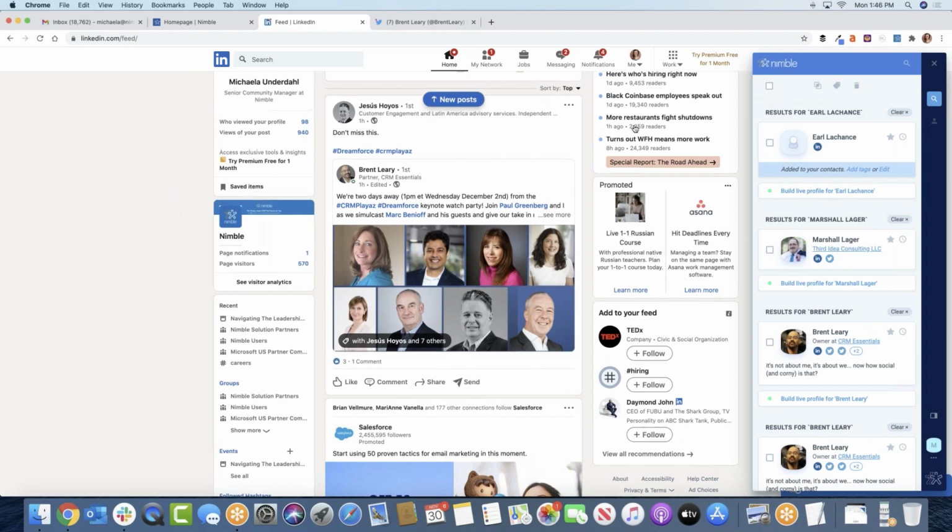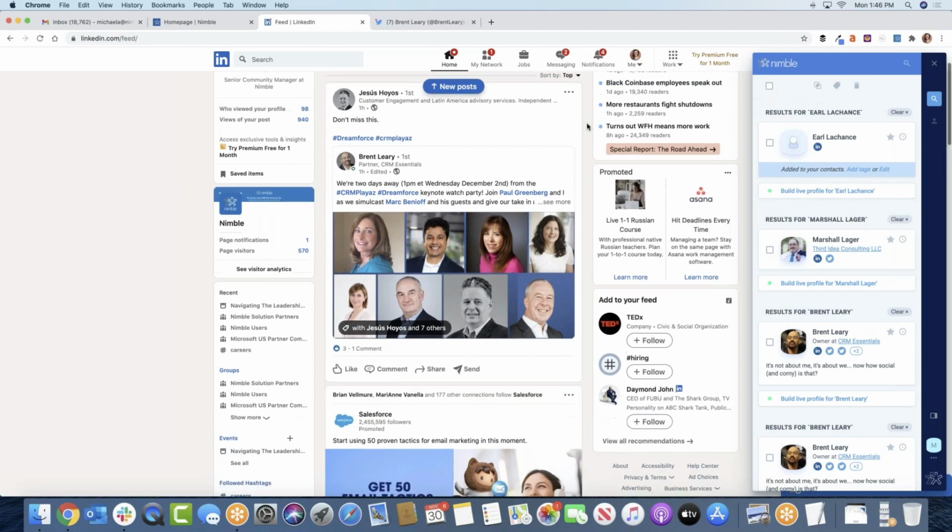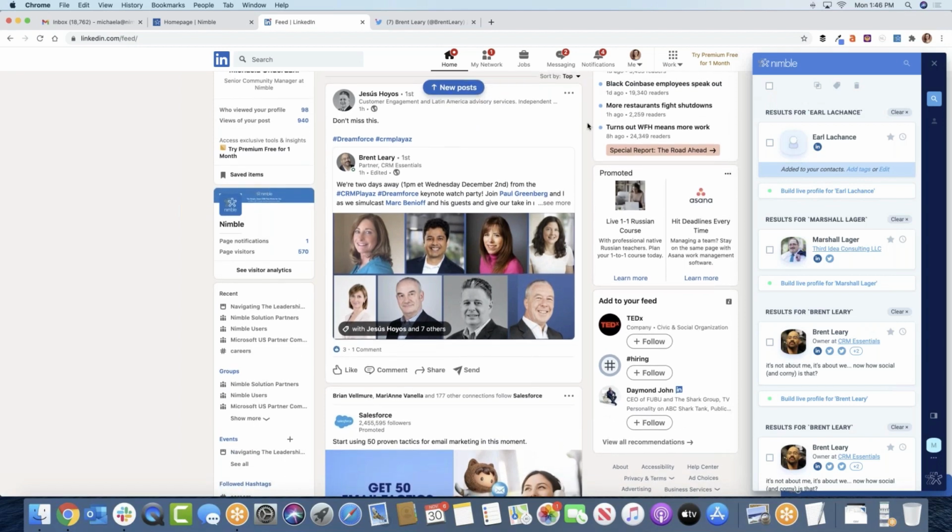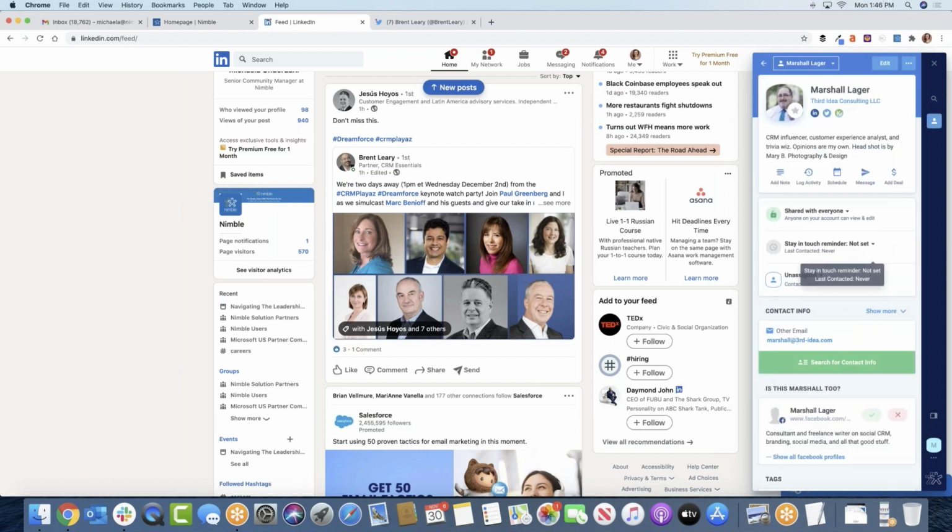I love that you added this because yes, that's exactly why we created Nimble. We want Nimble to help people to build better relationships. That's why we do the research for people in the background, make it easy to find all the different places where people are active, and exactly how you mentioned, to get the 360 degree view into who the person is and what they are passionate about in terms of their professional life and also their personal life.